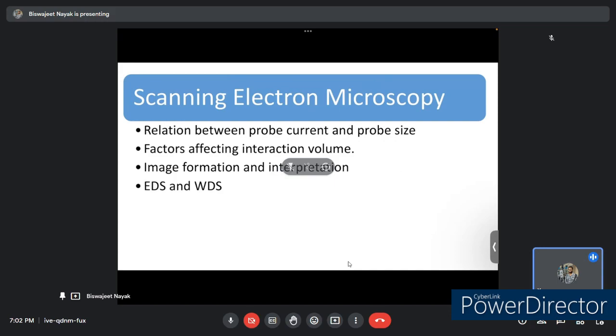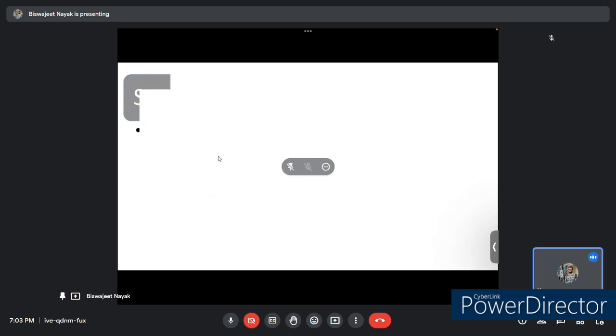So, discussing today mostly... I'll start with probe current and probe size, how they are related and what are the parameters needed to be used and how we can change them, and then I'll touch upon factors affecting interaction volume, then how image formation is happening in SEM and how we'll interpret them, and what are EDS and WDS. So moving forward, to recapitulate,